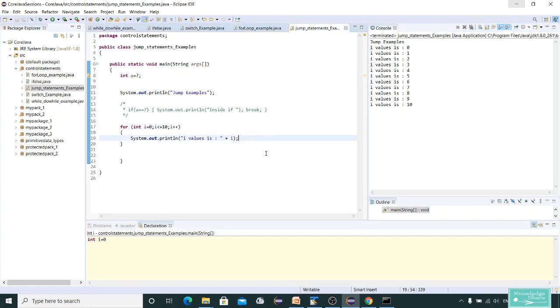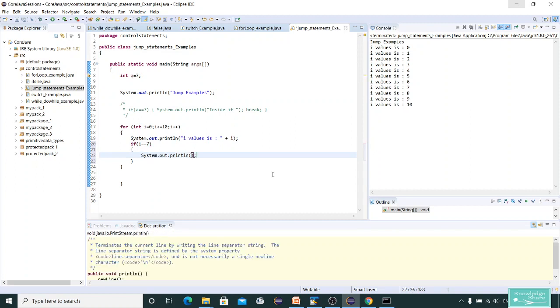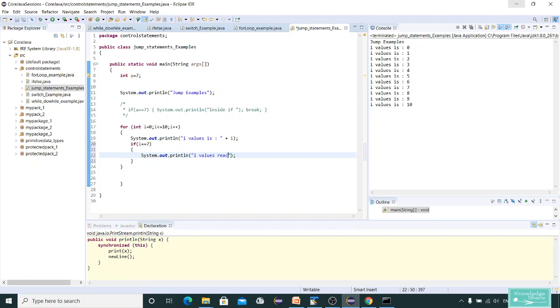Now I'll write a condition inside the loop. I'll say if i equal to 7, then print: i value reached 7, breaking the loop. Then I'll call break.